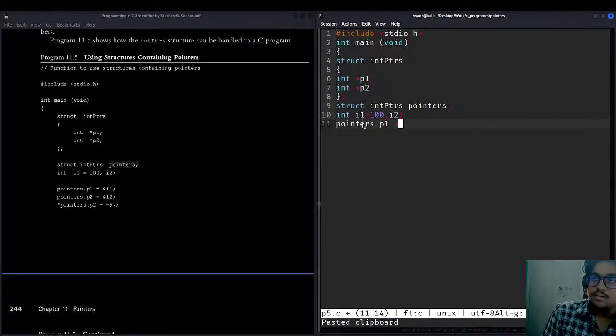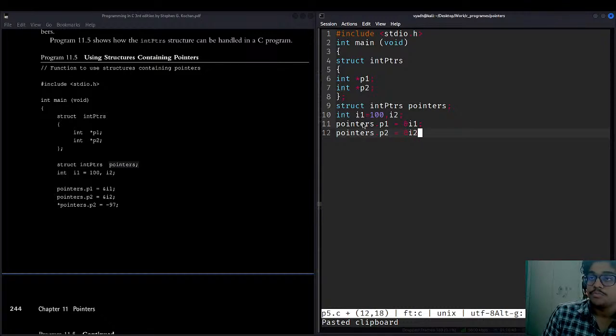Now this is assigned the address of i1, and pointers.p2 will access the address of i2.